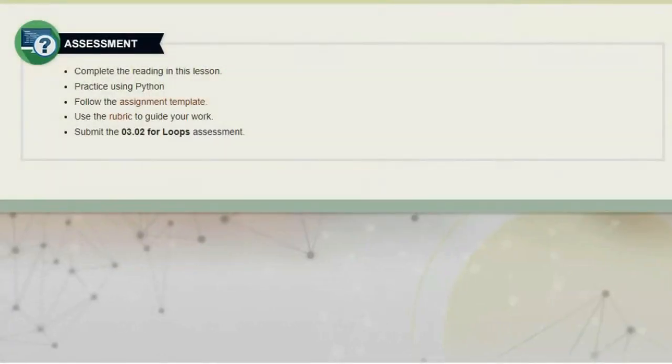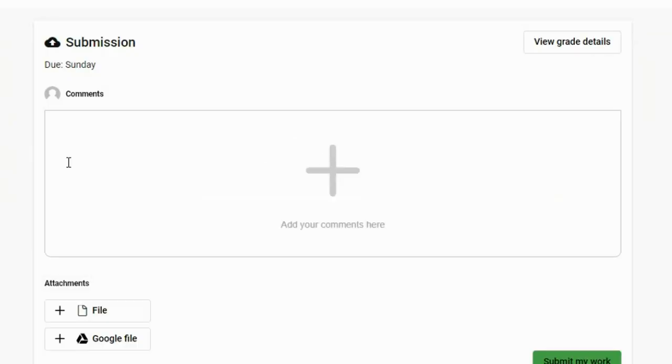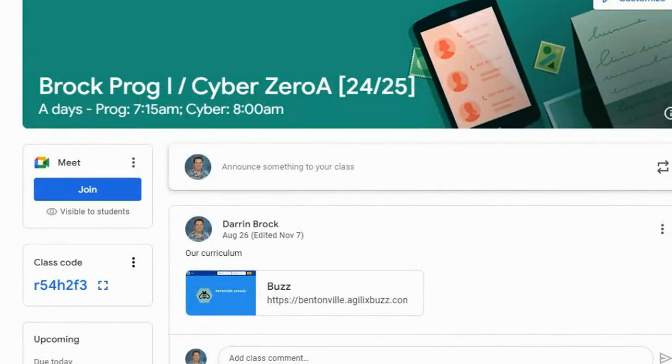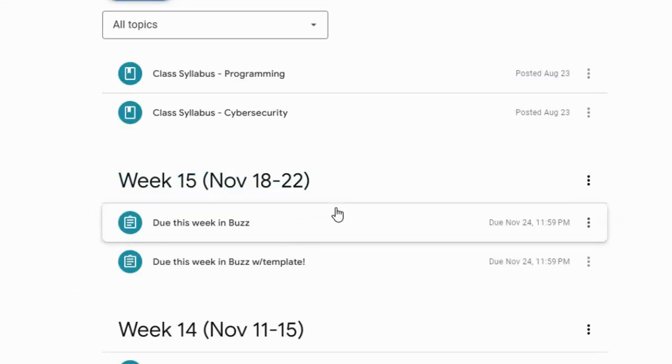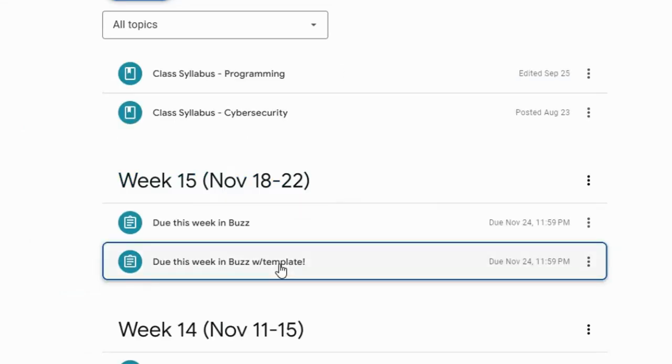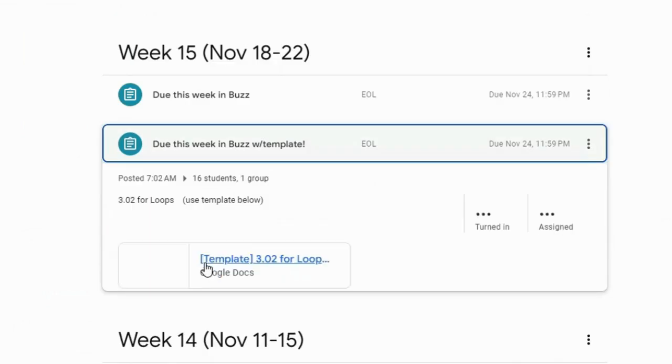Let's take a look at the template because we have an assignment for this. When you get to the assignment, it's just where you submit it. So let's look in our Google Classroom at the template for this week to see what's required. Do this week, use the template below. So if we look at the template,